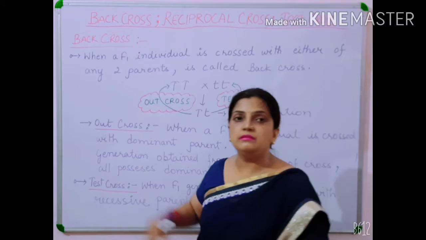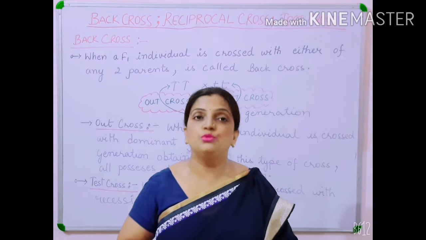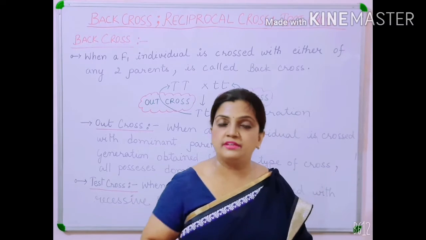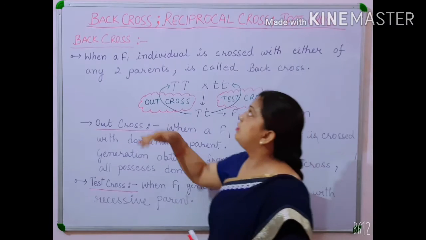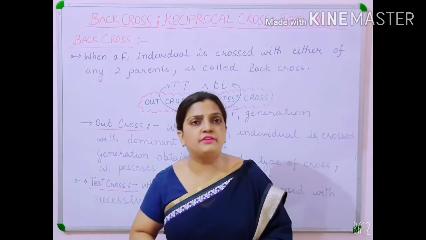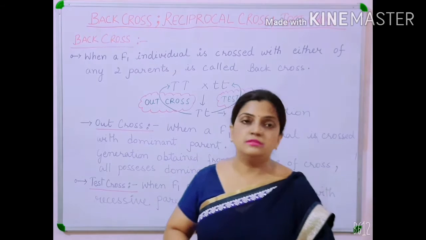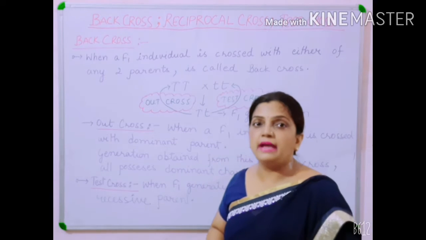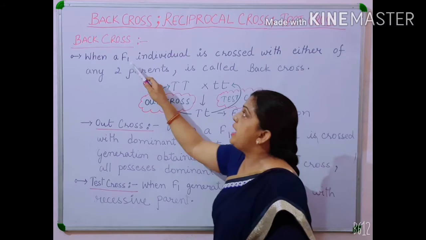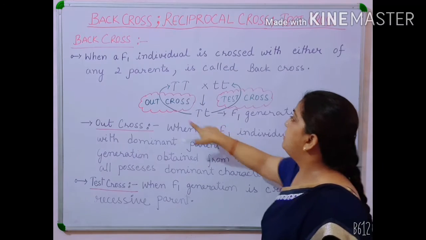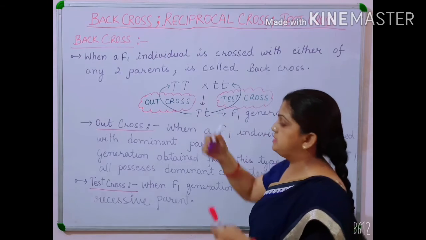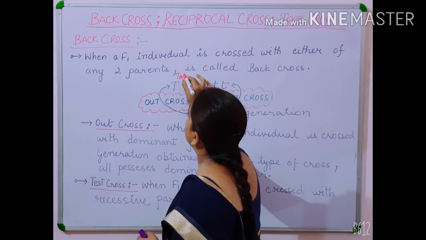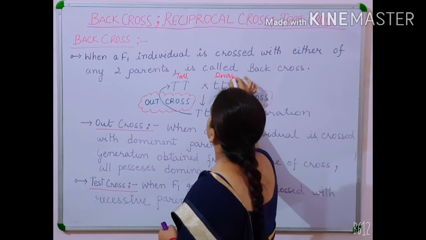Here again we will be in a position to answer the question of where the recessive gene went away. So by the back cross, the test cross and the reciprocal cross, different answers to different questions can be obtained. I am starting with back cross. First let us know what back cross is. Here I have made a set. Capital T is a tall plant and small t is a dwarf plant. This is the tall plant and this one is the dwarf plant.